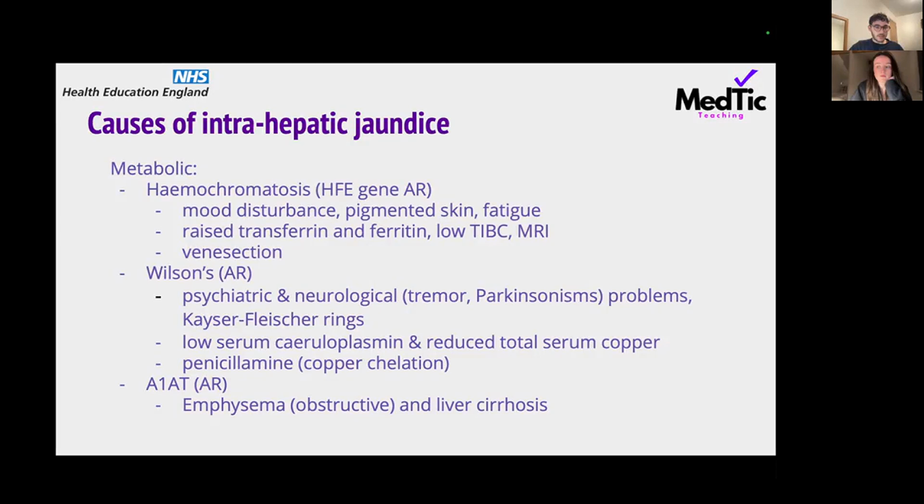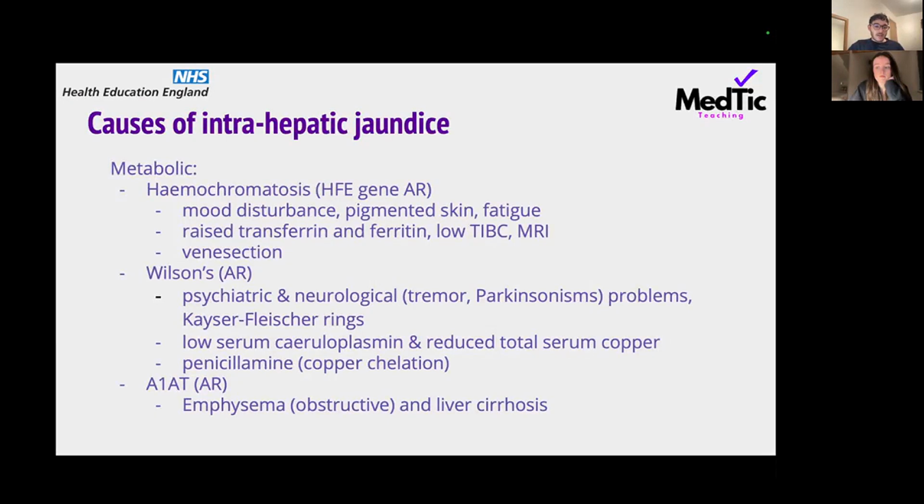You then have Wilson's disease, which is again autosomal recessive, typically presents with psychiatric and neurological signs. In one of the stems to question 6, the patient presented with jaundice and also a tremor, so that's like the Parkinsonisms. They also get Kayser-Fleischer rings, which are copper deposits within the Descemet membrane of the cornea in the eye. On blood tests, they have low serum ceruloplasmin, which is essentially a serum copper transportation protein. They also have reduced total serum copper, and you treat them with copper chelation,